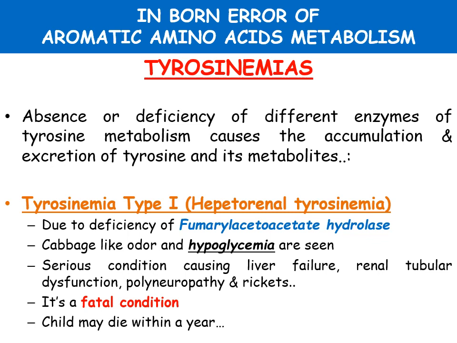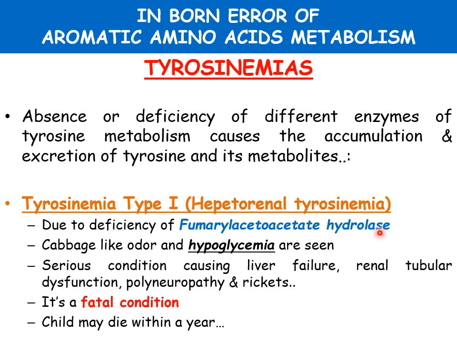Apart from that, there are other inborn errors known as tyrosinemias, that are due to mainly absence or deficiency of different enzymes of tyrosine metabolism, and that causes the accumulation and excretion of tyrosine and its metabolites. Now, the first one is tyrosinemia type 1, also known as hepatorenal tyrosinemia because it involves liver and kidney. It is due to deficiency of the fumarylacetoacetate hydrolase enzyme that splits